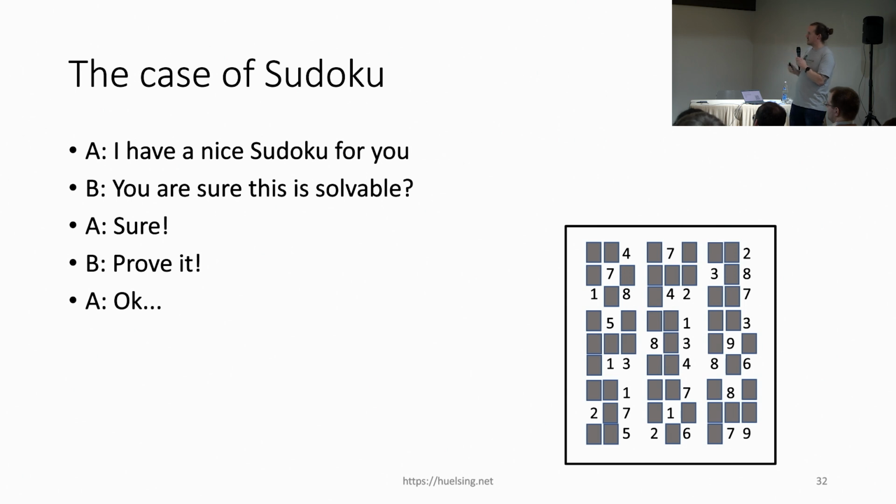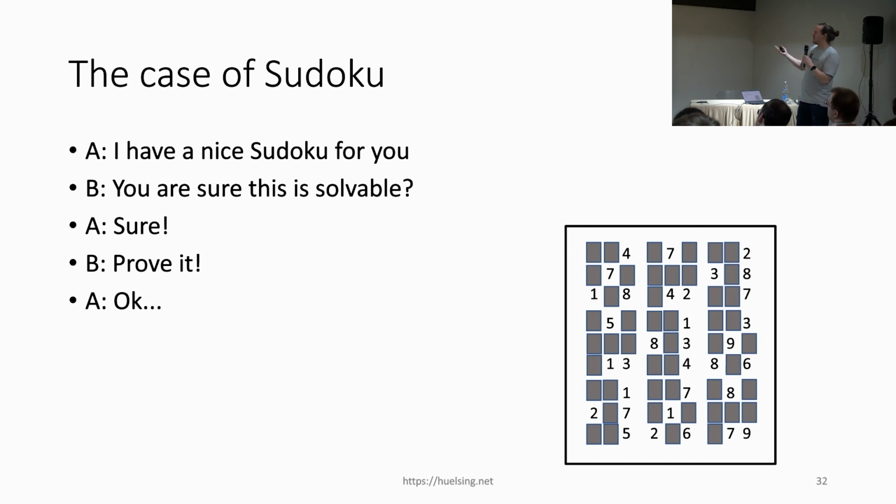Right, so let's look at an example that actually demonstrates all of this in quite some detail. I guess everyone in the room knows Sudoku. Now you can make a Sudoku, and if you give this to someone, this person might want to be convinced that this is actually solvable instead of wasting their time playing this. I mean, some of these books are actually, I think, just generating these things at random, such that they have a high probability of being solvable, but they are not always. Anyway,